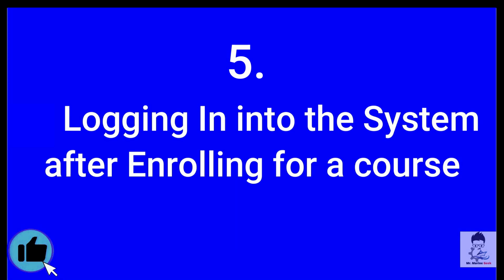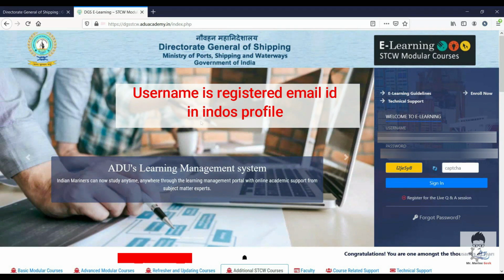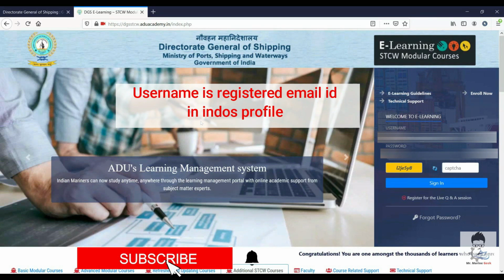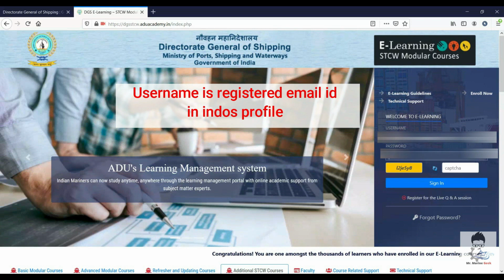So welcome to part 3, logging into the system after enrolling for a course. You can see that your username is your email ID and your password is given in that enrollment email.